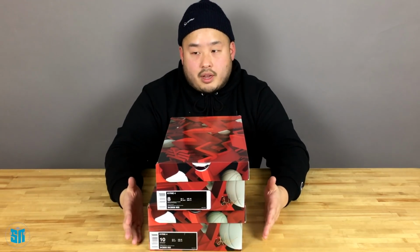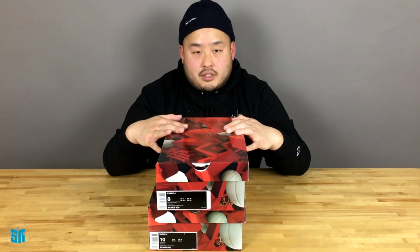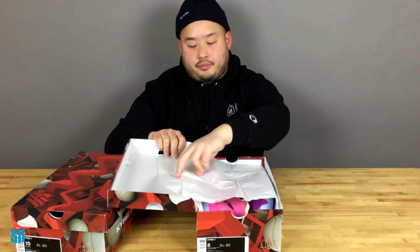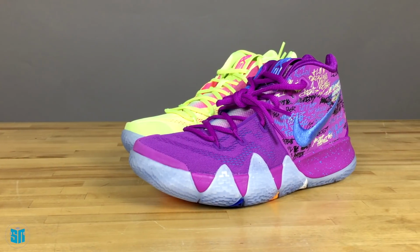It just dropped, and we're here to show you a closer look at what's probably going to be one of the best basketball shoes of 2018. Here at the top, it is the confetti colorway, so let's go with that first. Now, it's called the confetti colorway because it's actually inspired by